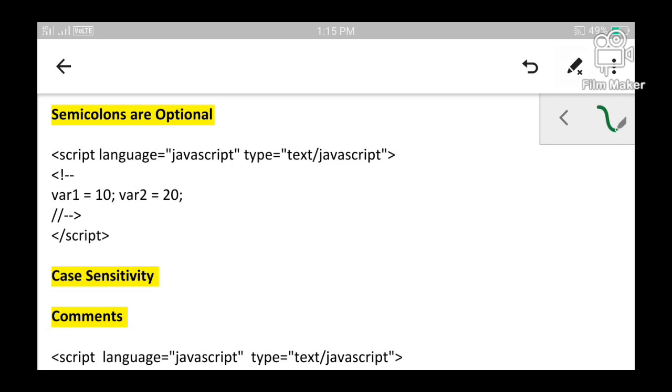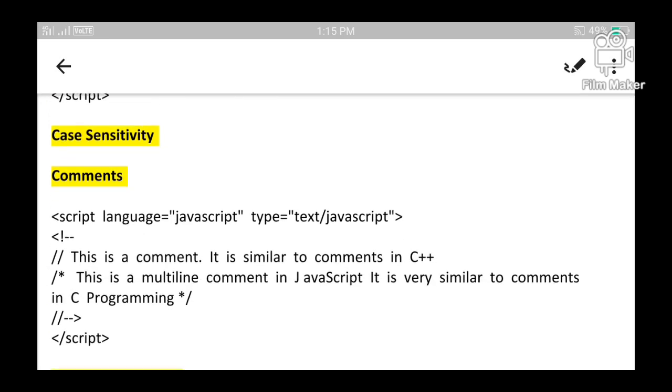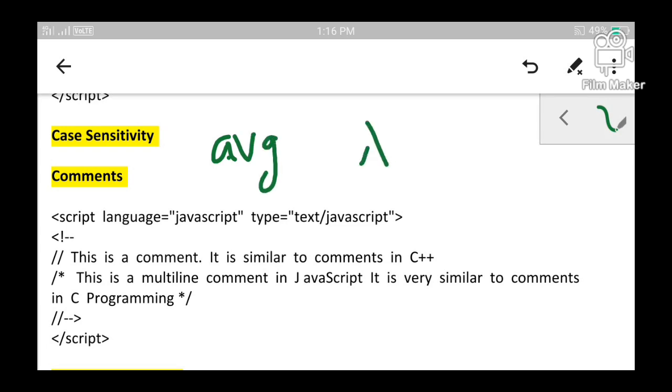Okay, let us move on to the next feature. Now we are going to talk about case sensitivity. JavaScript is extensively case sensitive in nature. What do I mean? Suppose I am having two variables. One is average and another variable is average again, in capitals, AVG.